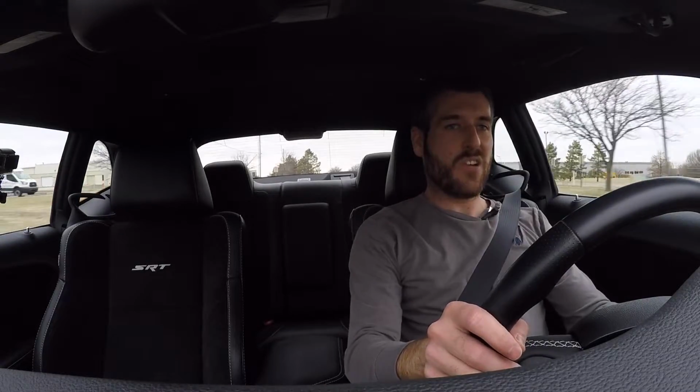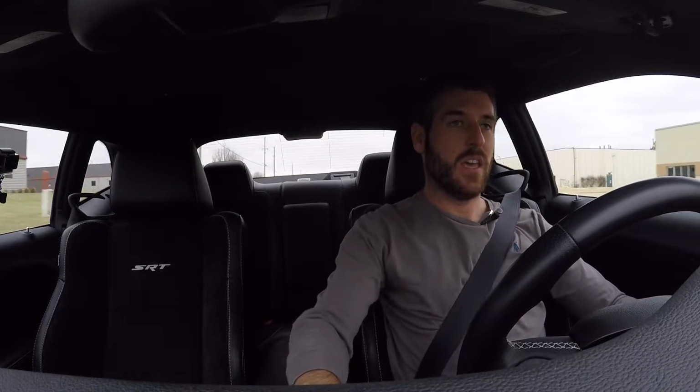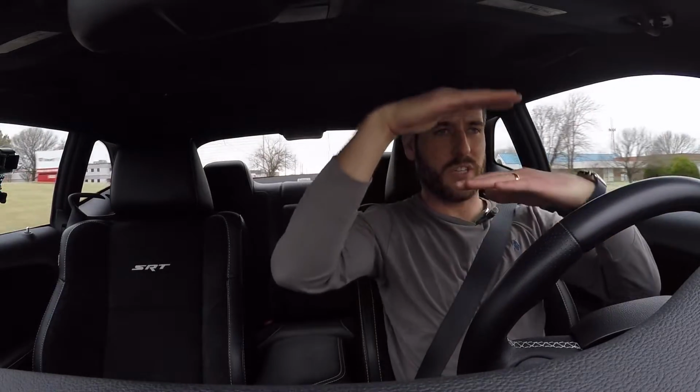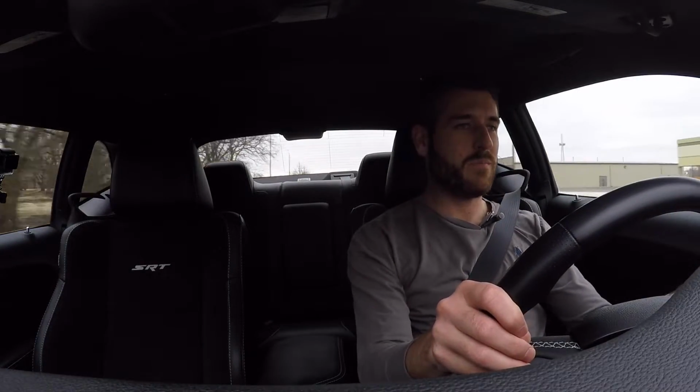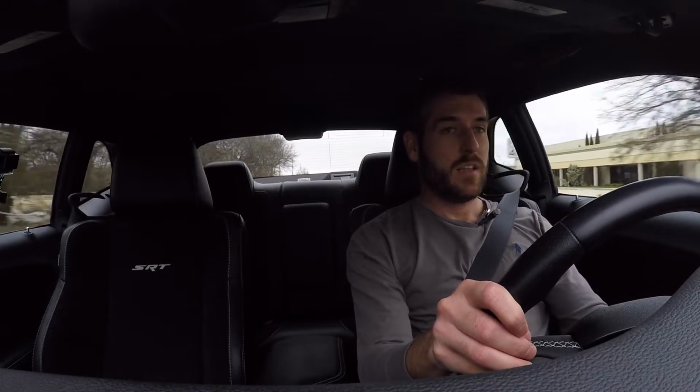Getting the Hellcat out on the road here, and I legitimately have not driven this car for about 6 months. First impression coming from the Prius is that I feel like I'm in an SUV. This thing is massive. And the windshield feels Camaro-like. I don't remember it seeming like this, but then again, when you're driving a Prius, everything seems pretty